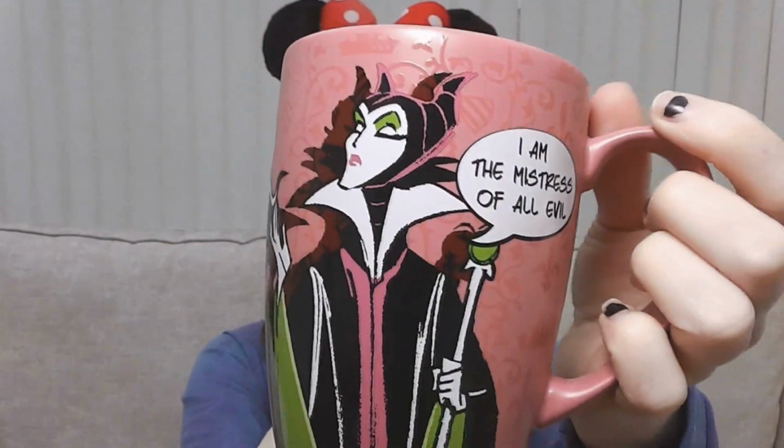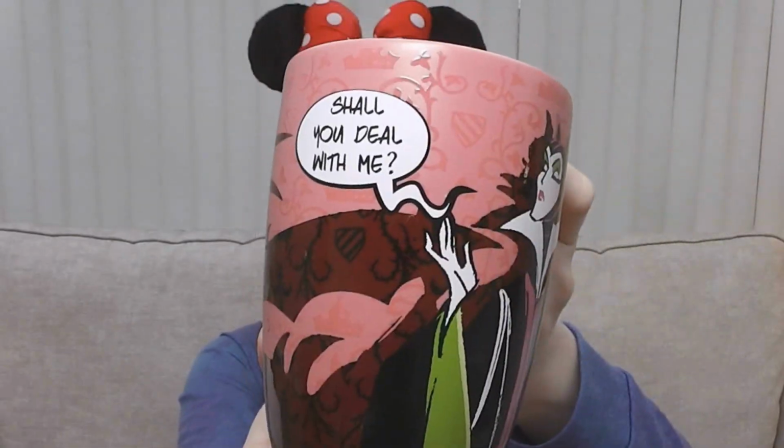Speaking of Maleficent, I got this Maleficent mug. It's got the dragon on one side and it says Disneyland Paris, and then on this side it's got a pop art style "I am the mistress of all evil" speech bubble. When I saw this on the UK website, because it is on the website I believe, I didn't really like it because I'm not really into a pop art style, but I think it was the back bit that really caught my attention because it's the dragon and it says Disneyland Paris on it, and I wanted some things which said